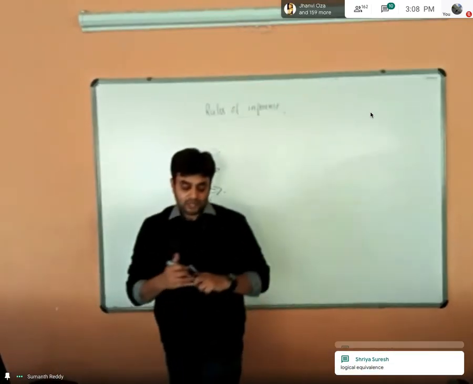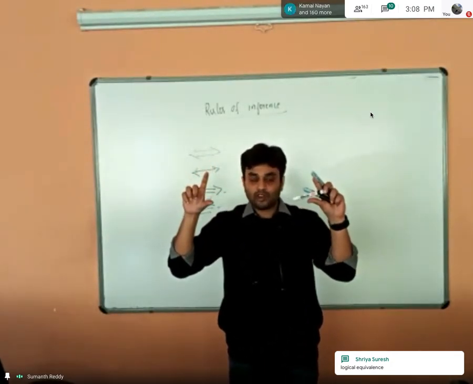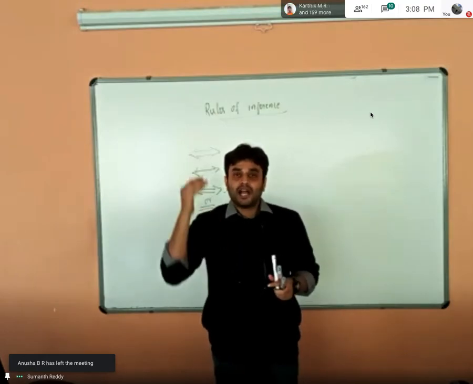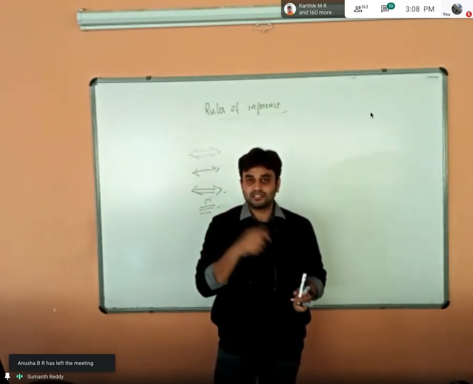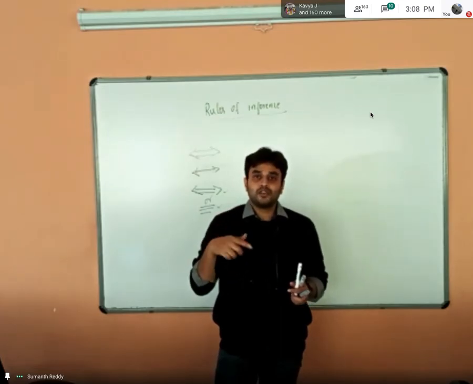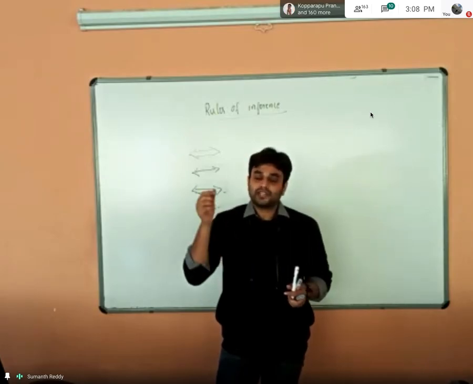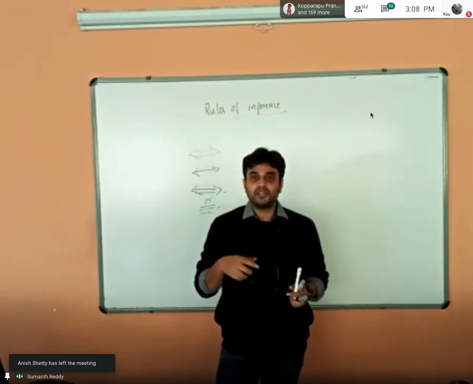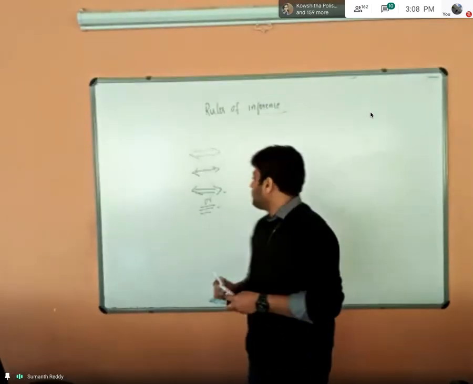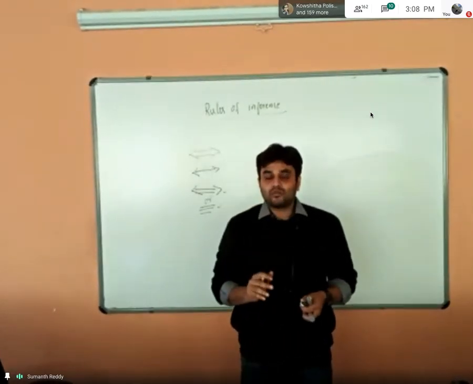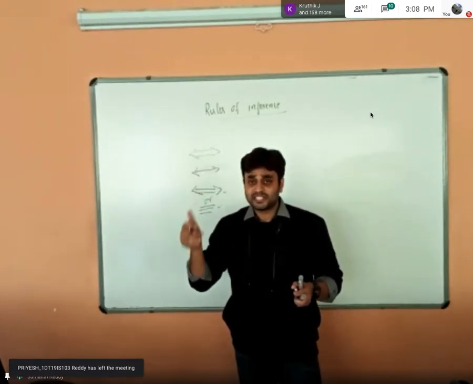Now students, if I have to check whether 2 compound propositions are logically equivalent or not, one way is you can use the laws of logic and prove LHS is equal to RHS. The other way is you write the truth table and find the truth values. If all the truth values of the LHS are the same as the RHS, then you conclude that LHS is logically equivalent to RHS. So in the case of logical equivalence, every truth value that you get in the LHS will be the same as the RHS.